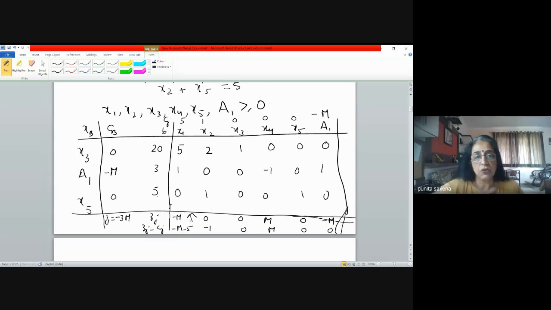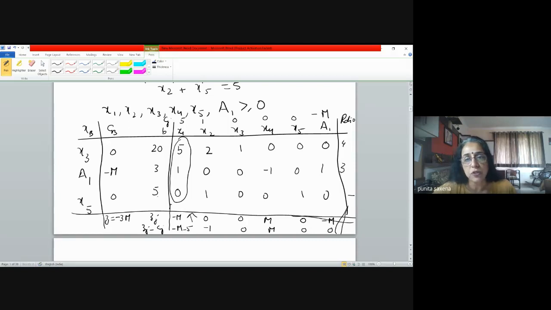Now, for the variable to leave the basis, we have to compute the ratio and choose the minimum. Now, ratio for x1, we'll do this column only, right? Because x1 has to enter. In this, I observe that one entry is 0, so this will not be considered. So that means x5 is not going to leave the basis, definitely. So it's a choice between x3 and a1. This ratio is 20 upon 5, which is 4. This ratio is 3 upon 1, which is 3. So which one is smaller?